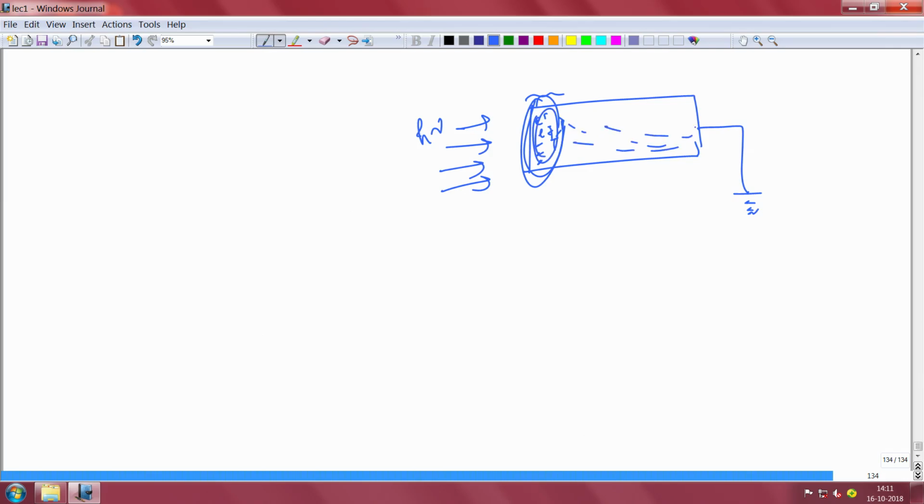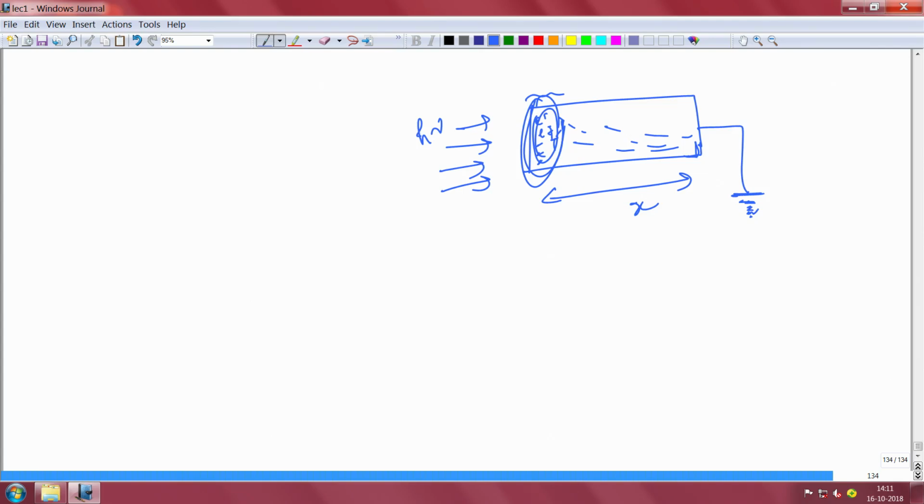So for that also you can solve the continuity equation. I will leave that as an exercise. You can solve the continuity equation, you can find out how the carriers are decaying. This is with respect to distance, this is a sample distance, so that in different circumstances you will be able to come up with a solution once you know the continuity equation, once you know the boundary condition.